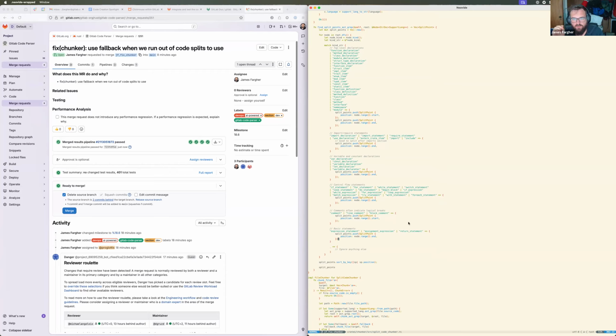But anyway, this is how we're doing it at the moment. So we basically just go over the entire tree and take these split points. The reason we ended up with this strategy where we build this list of split points is because the AST, the syntax tree for tree sitter, the nodes can overlap, and that means that